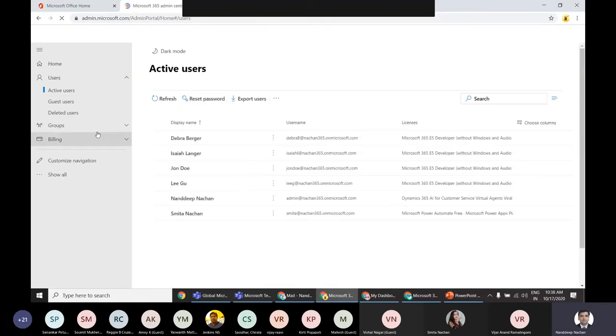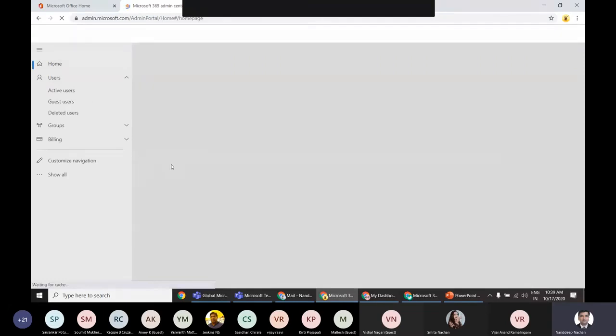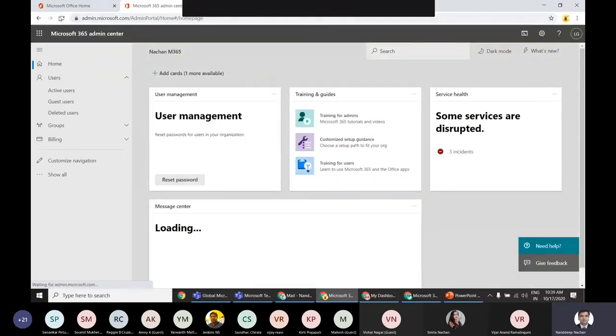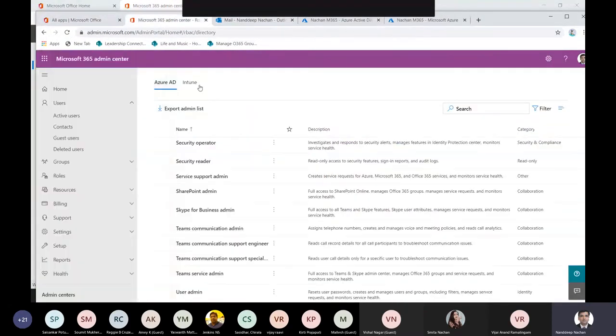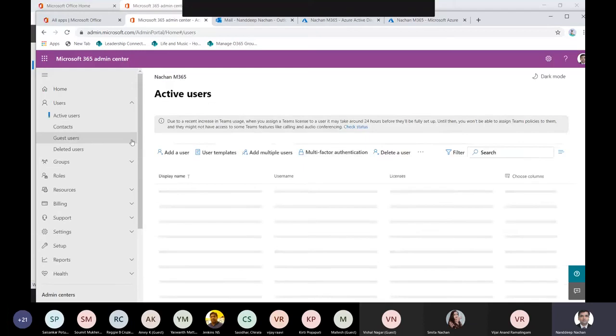Okay, it is taking some time. Actually, everything works when we are not doing a live demo, but once we go to a live demo, most things get very slow. It might take some time for this role to get activated. Let me try one more time. Otherwise, what we can do is forcefully log out this particular user, ask him to log in one more time, and with that he should be able to get those roles.